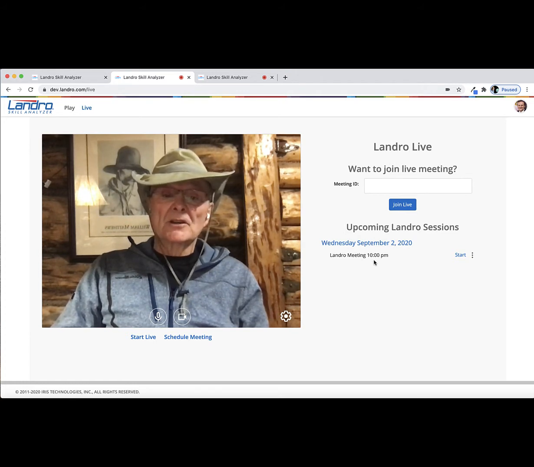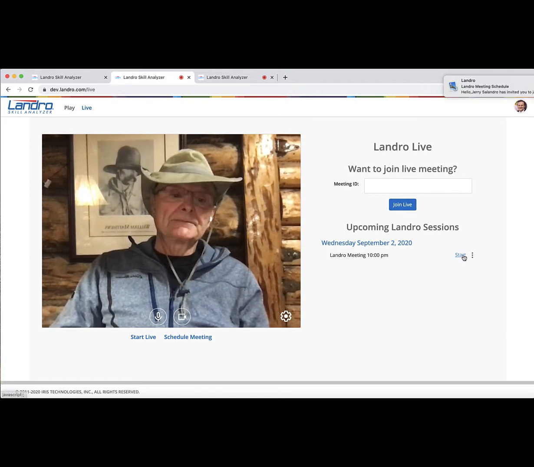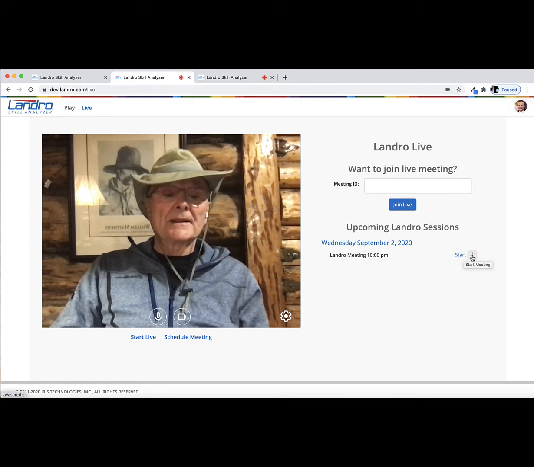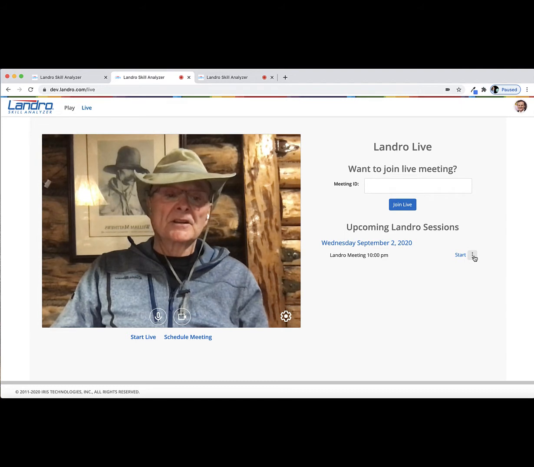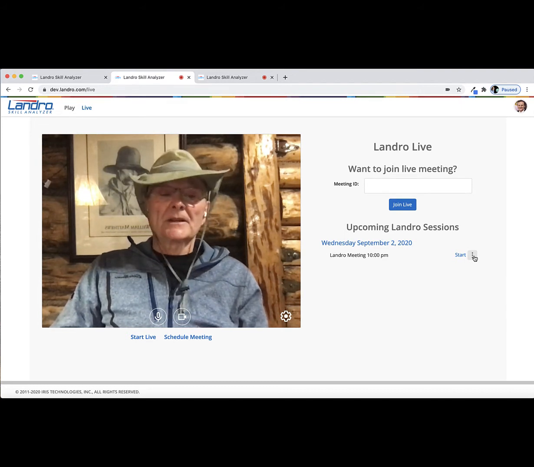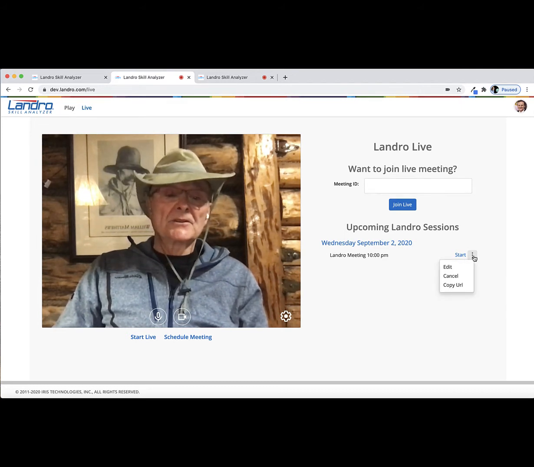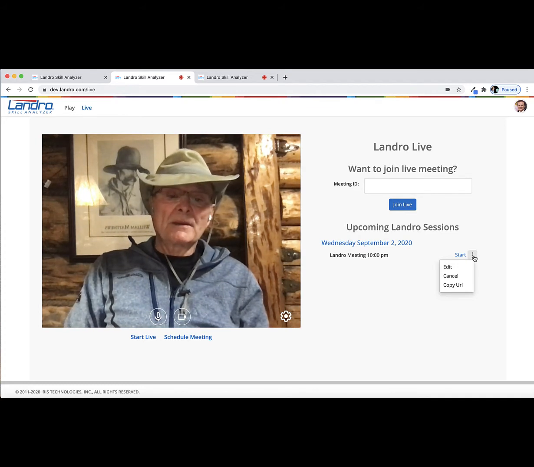And when you're ready to start that meeting with your client, you just click the start button right here. Right beside the start button is an ellipse. Again, the ellipse is a standard in software that says there's more information associated with that start, or another menu under that. So if you click the ellipse, you'll see the menu where if you made a mistake in scheduling